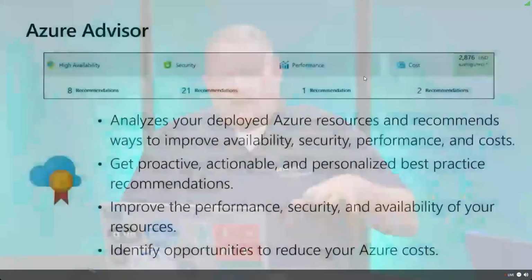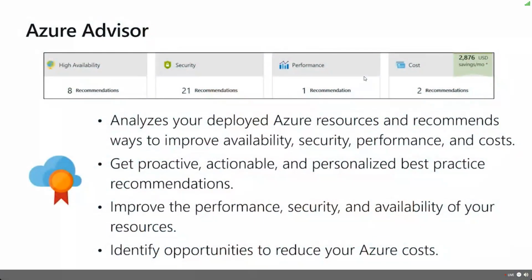So Service Health. We also have Azure Advisor. Now, Azure Advisor is free. It's a free tool that runs across your environments and says, hey, based on what I see, you may want to do something. This is what I like to call Microsoft's best recommendations tool. In other words, customers ask us all the time, how would Microsoft do this? Advisor is a free tool that will help you do all this. It's going to identify things inside of Azure. It's saying, hey, you can do this a little bit better, you can improve the resources here. Azure Advisor is going to help you do things according to what Microsoft considers best practices.